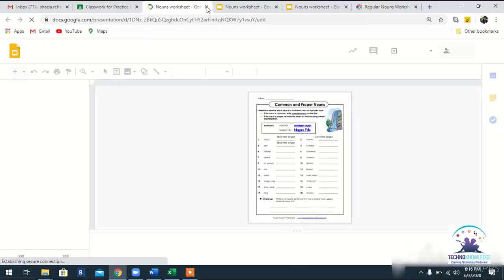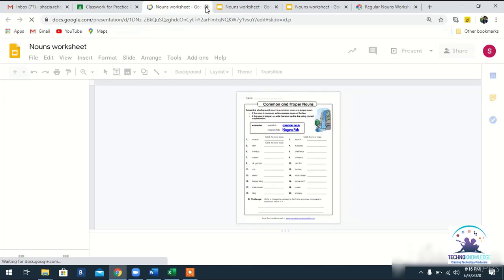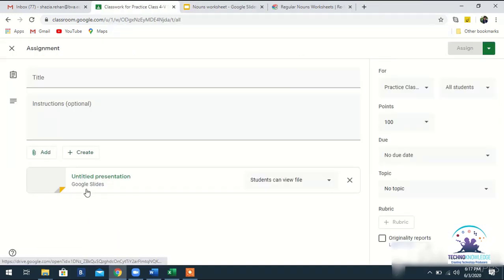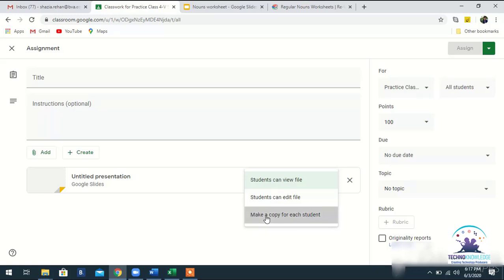So let's just close all these extra tabs and just go back to our class. Now we are back into our classroom, but we need to make sure that students can not just view the file, they can also work on it. So make a copy for each student before you go here to